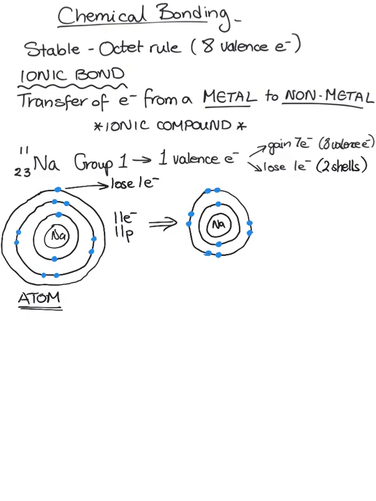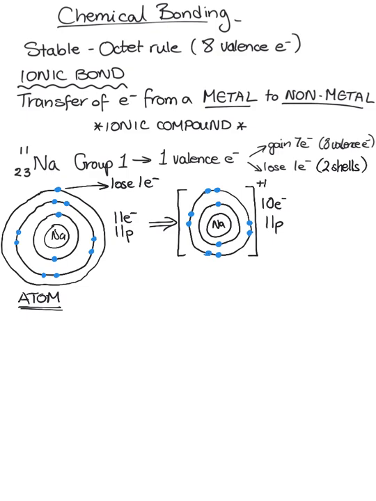Now, how many protons and how many electrons do we have? Well, here we have still 11 protons. That hasn't changed. Protons don't move. But now we only have 10 electrons. So remember, electrons are negatively charged, protons are positively charged. So if I have 10 negative charges and 11 positive charges, the total charge of this is now going to